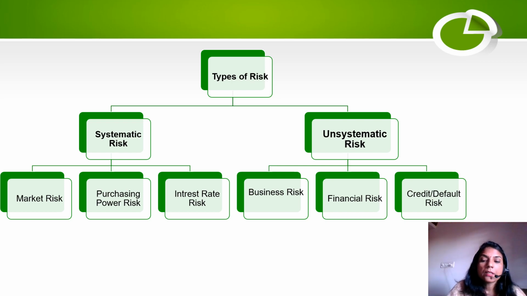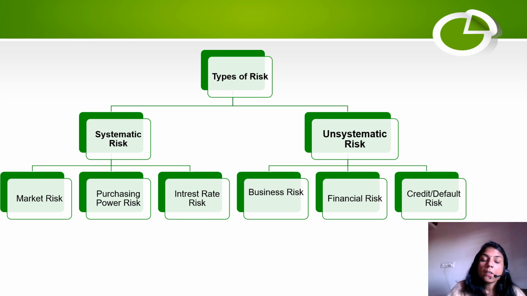Second risk under the systematic risk is purchasing power risk. It is also sometimes known as the inflation risk. It is the risk that the real value of money decreases over time due to rising prices. Every year the price of goods and services keeps on increasing. This is due to inflation. The price of goods or services keeps on increasing every year, so that will be included under the purchasing power